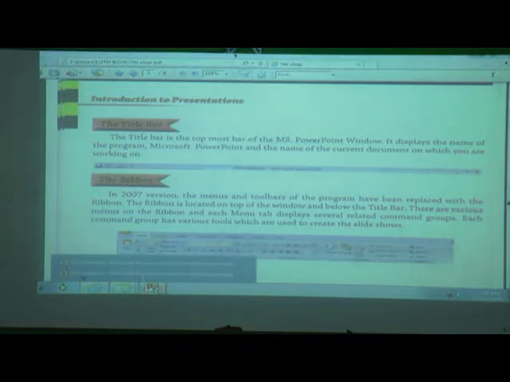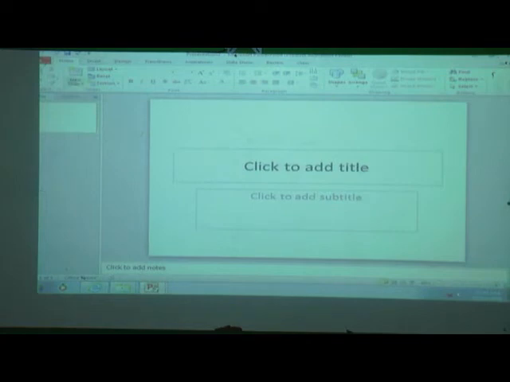We will see where the menu is. Where is the menu? This menu and this ribbon. But here this is not a menu bar. Why? Because the ribbon is the combination of menu bar and toolbar. These both together are called a what? Ribbon. Then where is the ribbon? It is at the topmost corner, on the top but below the title bar. The first one is the title bar, and below the title bar there is the ribbon.